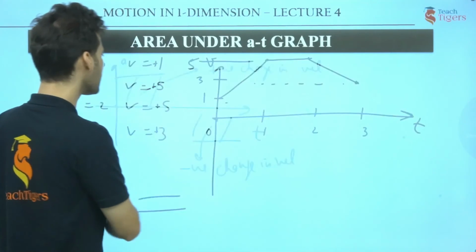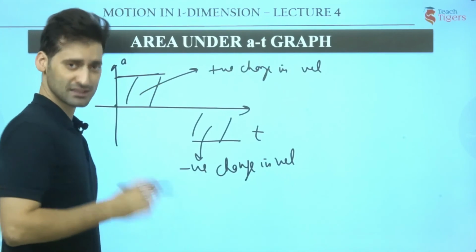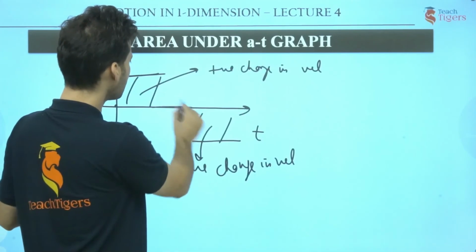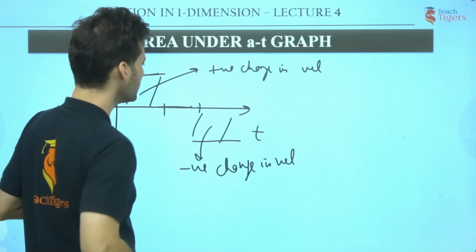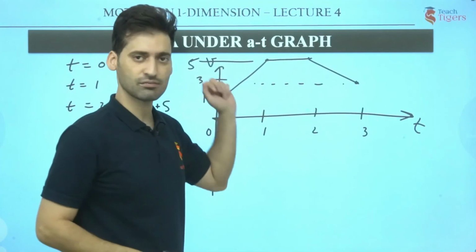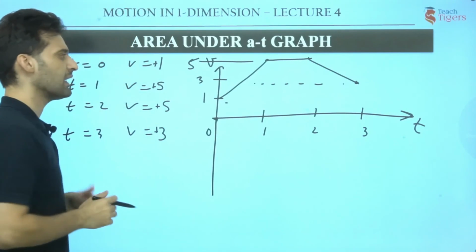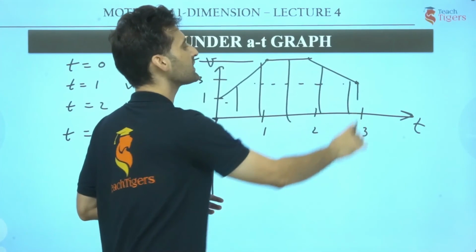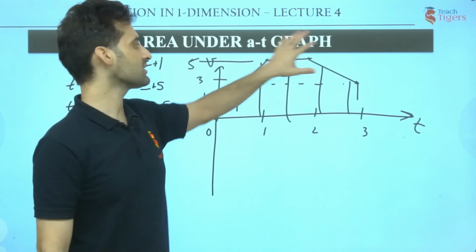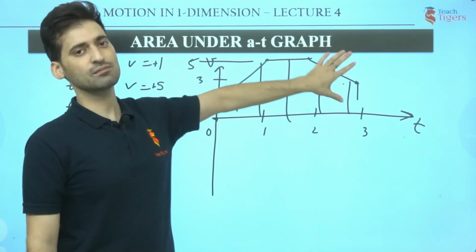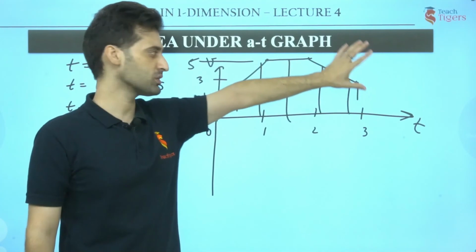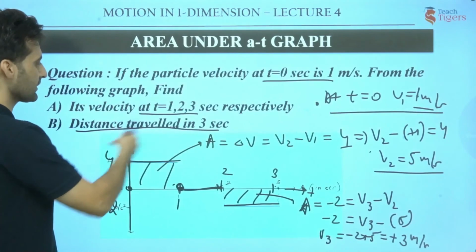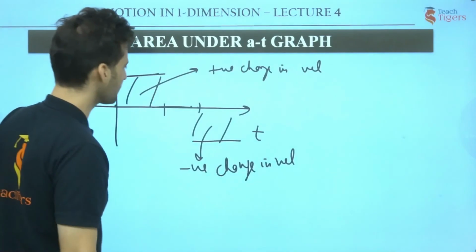This is the velocity time graph, very simple. Because I know when the acceleration time graph is like this, in uniformly accelerated motion the velocity time graph is like this. When the acceleration is 0, somewhere in the middle, from here to here, the velocity becomes constant. Now you just need to calculate this area, because the area under the VT graph will give you displacement. Since it is a positive displacement only, this displacement will equal distance, because there is only one area. You calculate this area and you will get the distance in the first 3 seconds. It's very simple, not a difficult task.